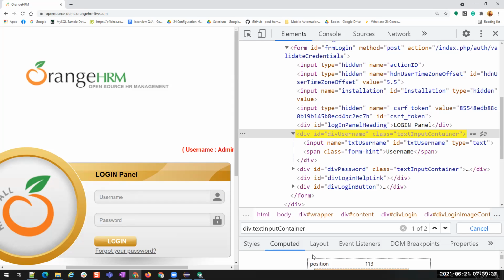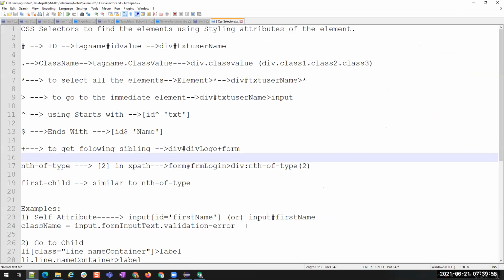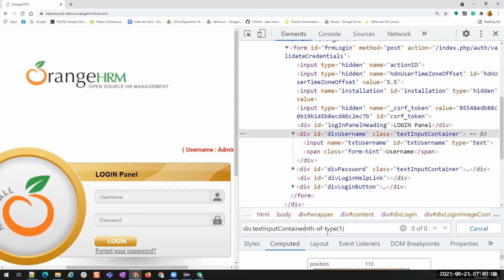So here, if you want to find an element using its index position, then we use colon and write nth of type. And in these braces, we give 1.